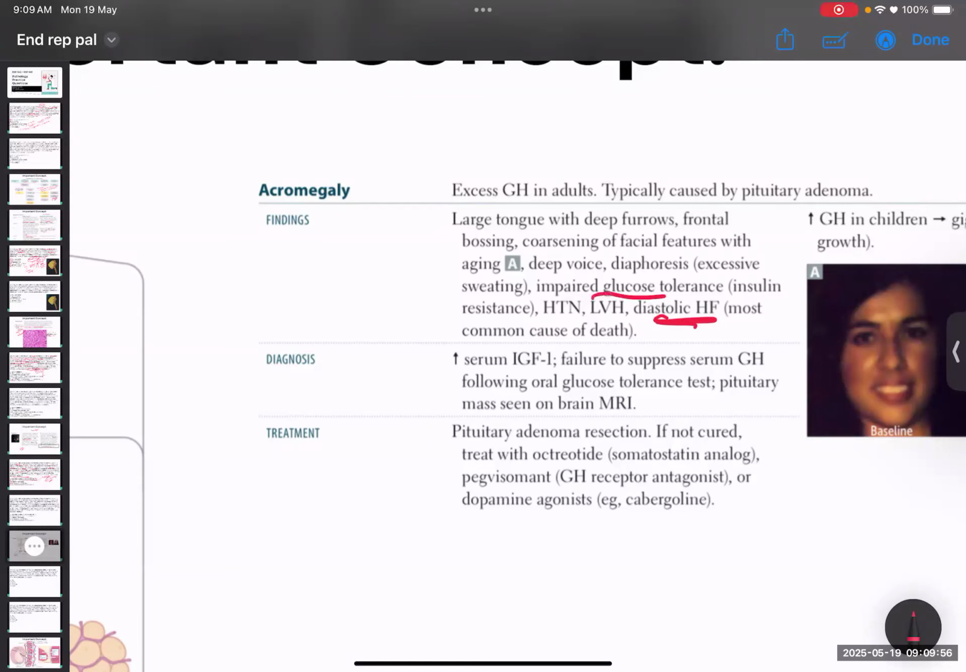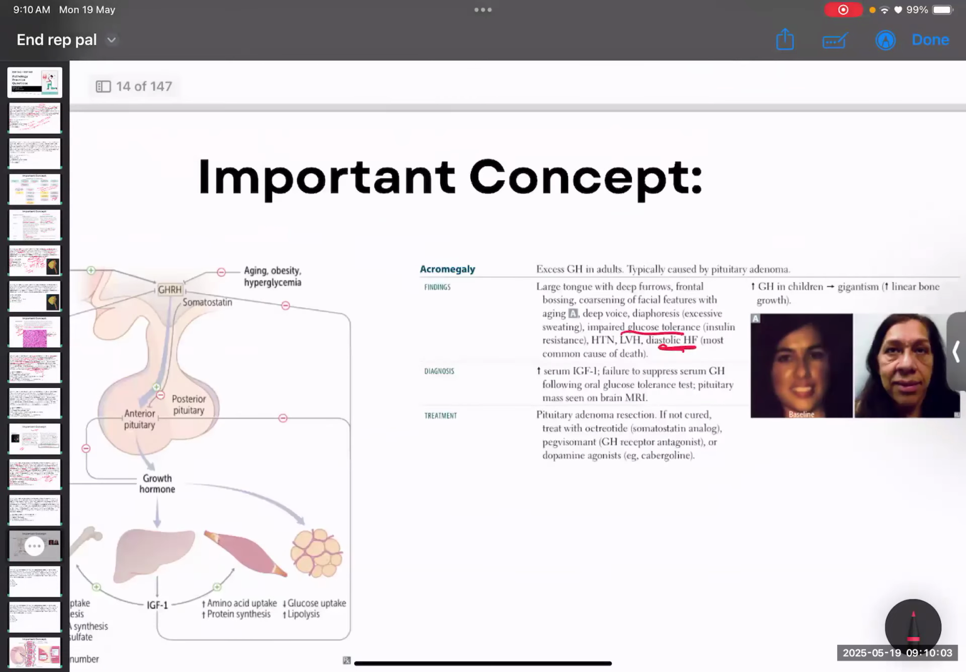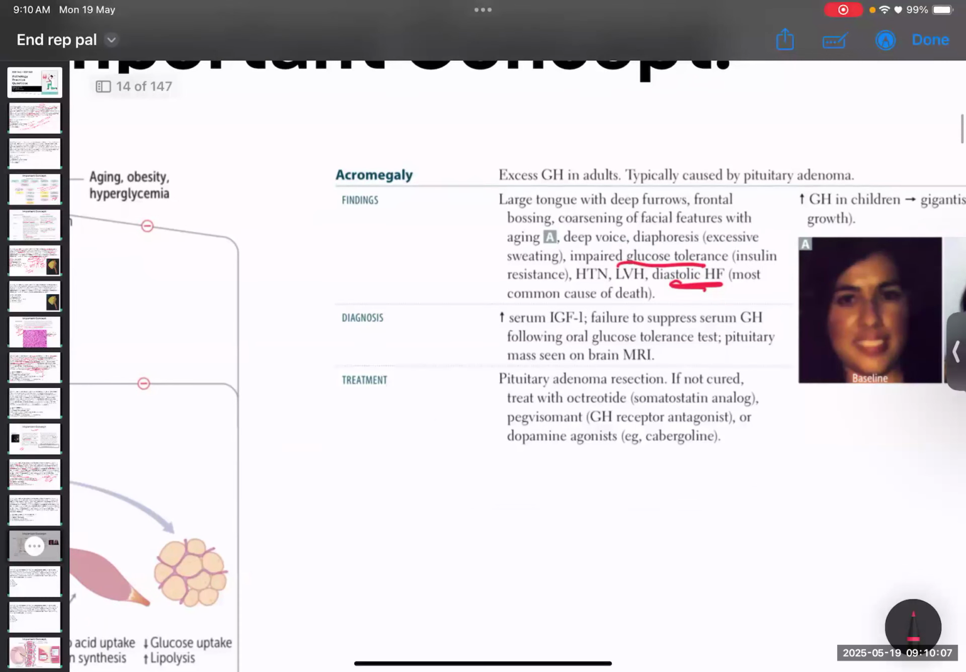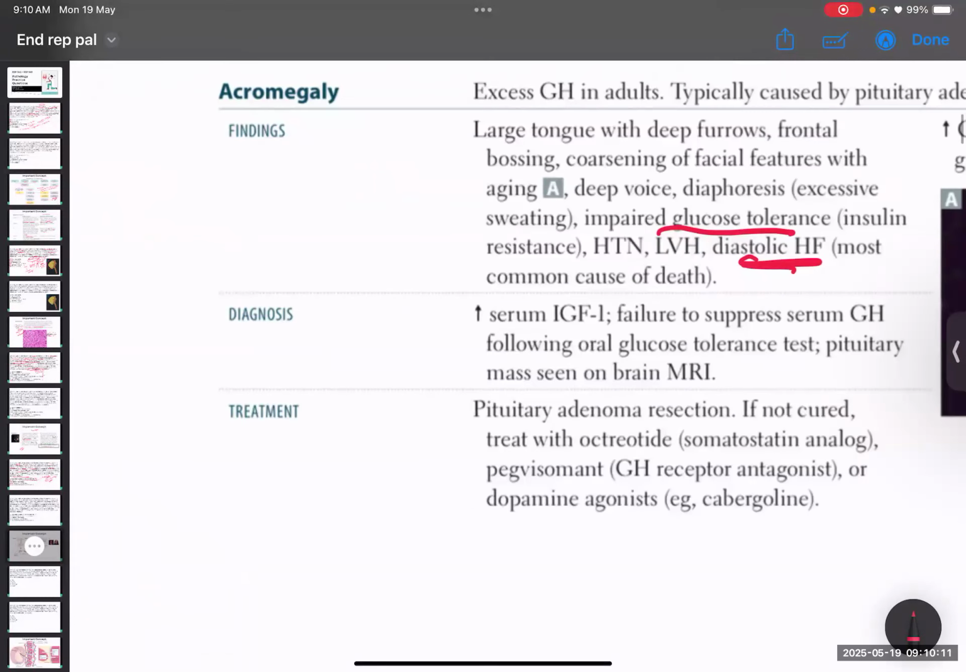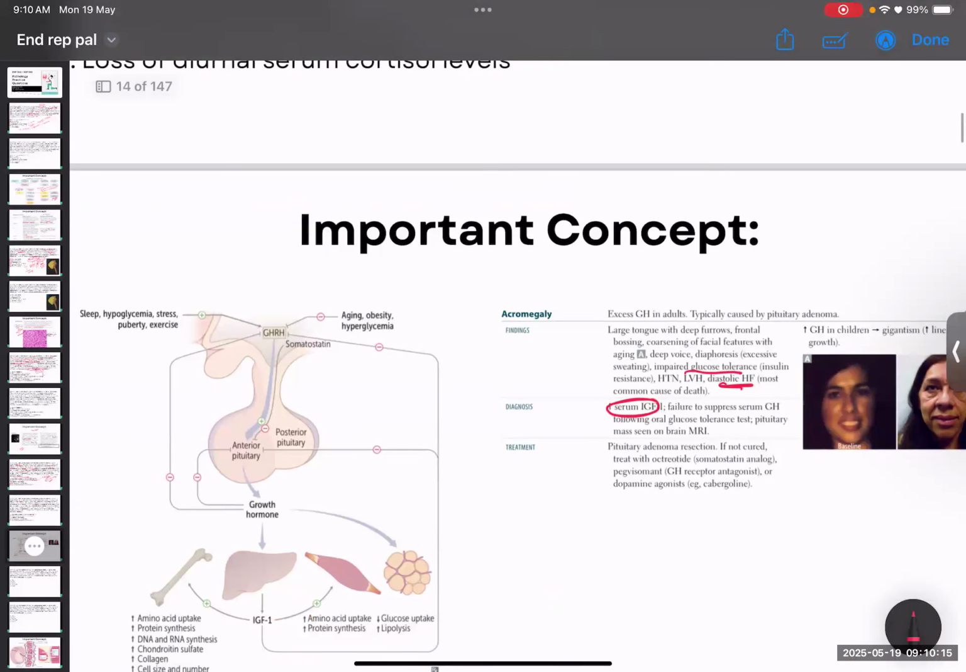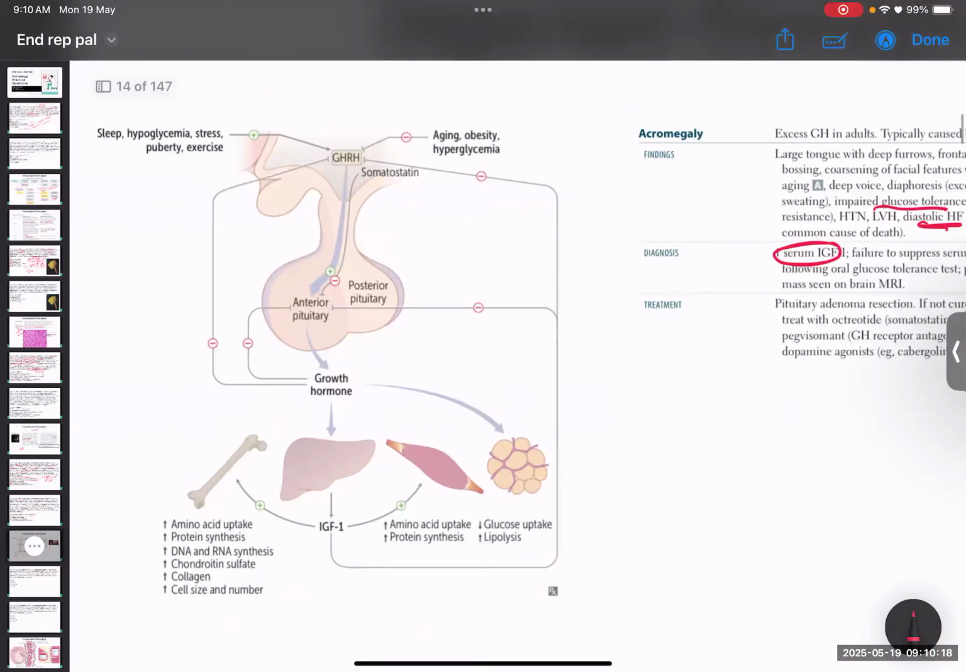Apart from that, impaired glucose tolerance, mainly because growth hormone is diabetogenic. Now, like I mentioned, serum growth hormone levels would be really, really high, and also serum IGF-1 would be really, really high. And what I mean by failure of growth hormone suppression, so basically what happens is you have the anterior pituitary